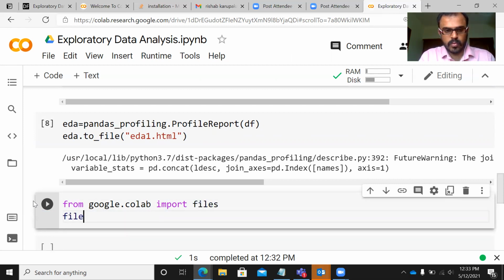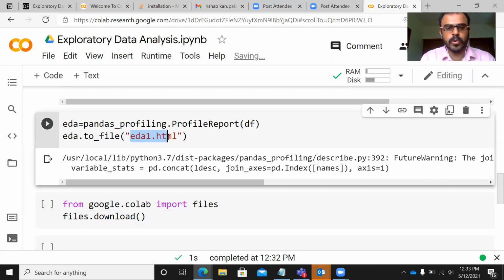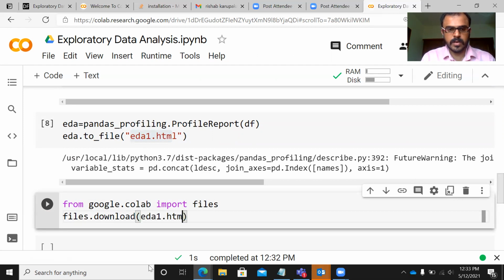Now, files.download. This is a function which helps me download the file EDA1. Let me pass this object. It should be within quotes.